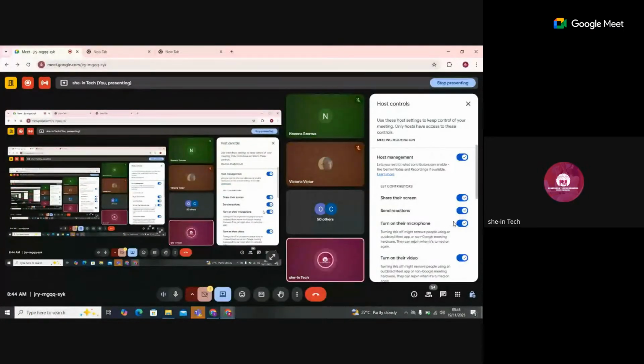Then you also have the option of sending reactions. You can turn this off maybe because you don't want any distraction during the session, and then turn on their mic. Like I said, in a professional setting, it is important that when you enter a professional meeting, you turn off your mic and you turn off your camera. For a meeting where you are unsure of the kind of people that are joining, and it demands that everyone joins the meeting and maybe talks at the end of the meeting,